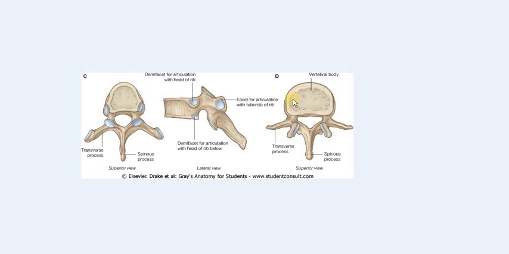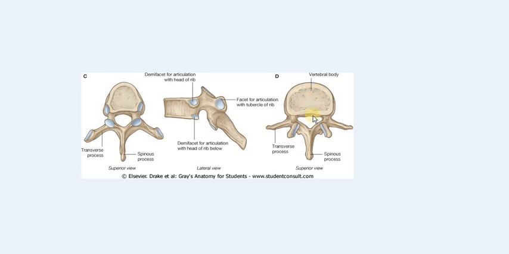Now comes the lumbar vertebrae. You all know that there are 5 lumbar vertebrae, and out of these 5, the first 4 are the typical lumbar vertebrae and the 5th one is the atypical lumbar vertebrae. You can identify the lumbar vertebrae by the size of the body. The size of the body of the lumbar vertebrae is quite large and wider in comparison to the other vertebrae.